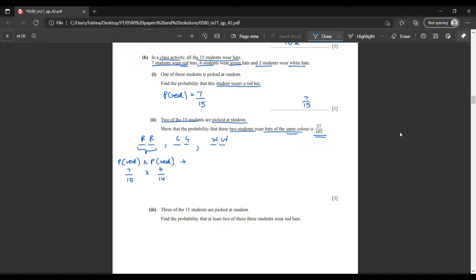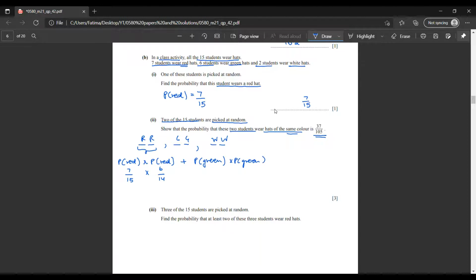And when we have the or operation, we have to do addition, not multiplication. Multiplication applies for and. So we would have to add the probability of the reds with the probability of the green situation happening, where the green situation would be the probability of green into the probability of green, because both the students would have to wear a green hat, and of course the second probability will again be reduced by 1. So continuing, the probability would be green into the probability of green,